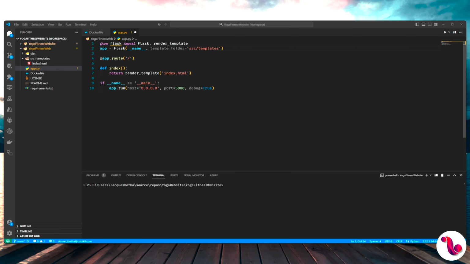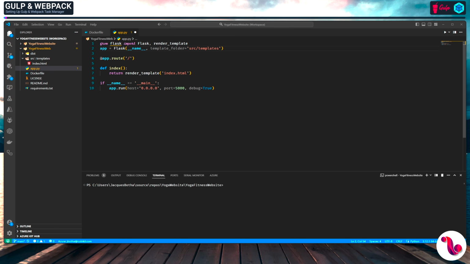Alright, so in the previous part of this video, or in the previous video, we essentially created a base Docker container and we ran our app.py file within. We also used Docker mapping to map our local GitHub repository with our Docker image to ensure that we have that synchronous browsing capability where if we make changes to the index.html, it will automatically update within the Docker container. Now that we have the base running, the next step is to set up Gulp, to set up